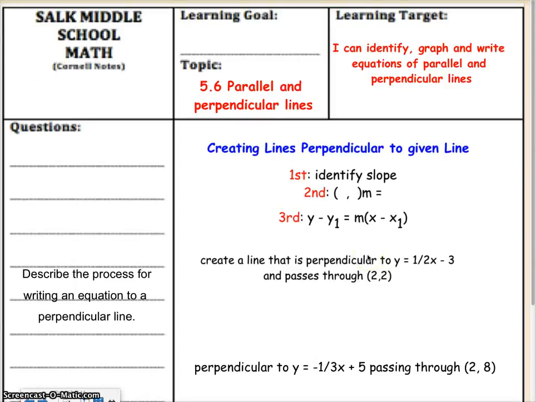Okay, today we're going to create equations of perpendicular lines. That's what you're going to do. Write equations of perpendicular lines. Reminder, perpendicular,